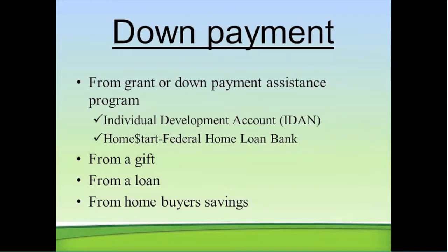I also said that FHA would allow for 3.5% down payment to come from a variety of different sources. A gift from a family member, a 401k loan. If you own an automobile free and clear, that's something that you could possibly get a loan on. That's your own asset. From down payment assistance programs or savings. There are several cities and counties in Utah and Idaho that have down payment assistance programs. You can find a list of those summaries on each program in the Homeowners Cafe website,